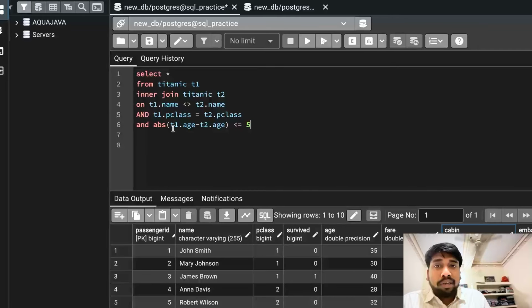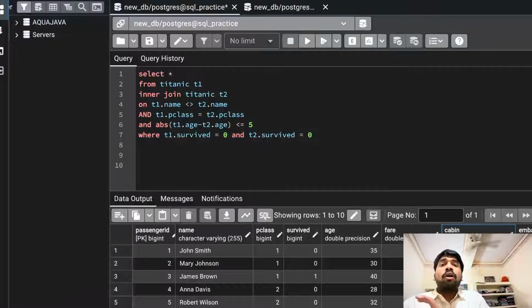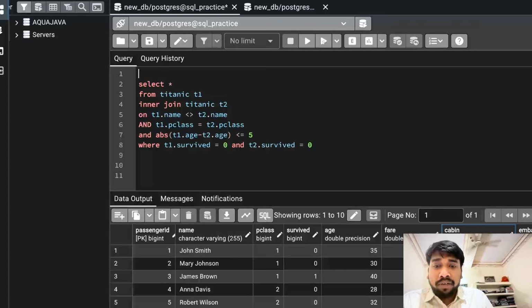Only one more condition is left: all of them should not have survived, where survived is equal to 0. We do not have to use it in the join condition. We can just filter it out in our where condition, where T1.survived equals 0 and T2.survived equals 0. Now with this, all our conditions are done. We have filtered it completely. Now we can create a CTE out of it with CTE as,